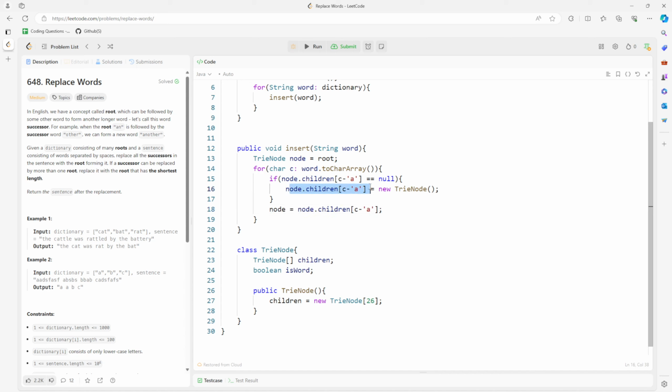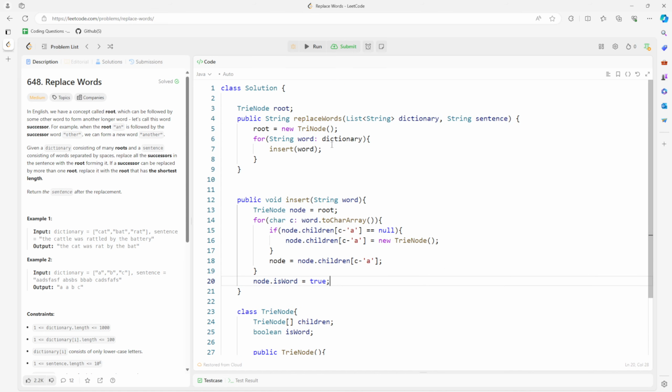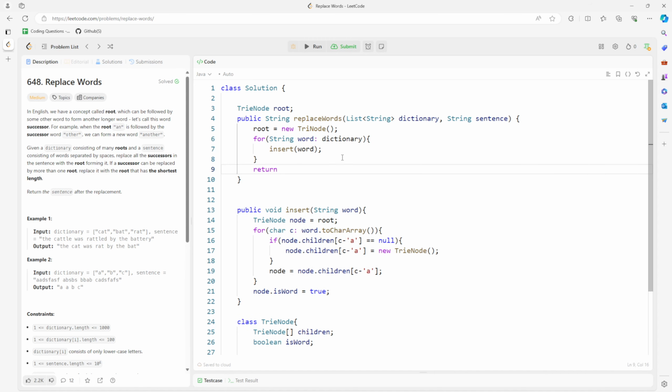I need to make sure this is a child. It doesn't matter if it's A, it doesn't matter if it's B, it's definitely 0 to 25, which is A to Z at some point. So once I have this, at the end the last node is going to be set equal to true for each word. Alright, so once I finish the insert, back to here,